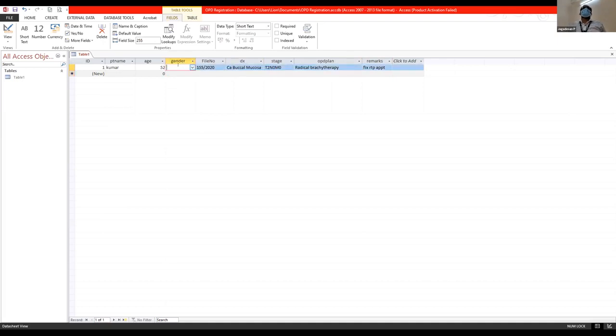Now, as I told you, we have already filled in some drop-down information. Click this drop-down menu, and you can see we have already typed all this information. In addition, if you want to add some more, there is always another option over here. You can click that button to add more options. So let's say you want to add "others" or something like that. That will be automatically added into this.